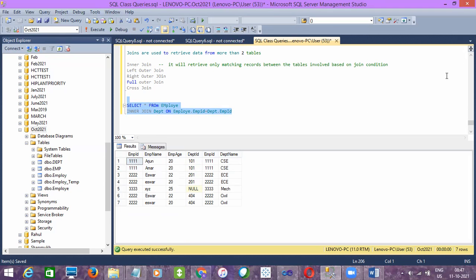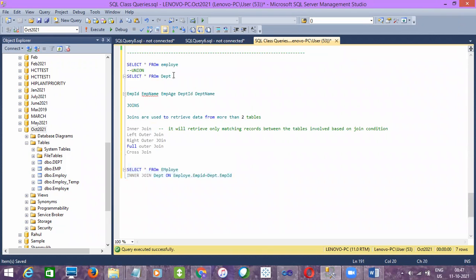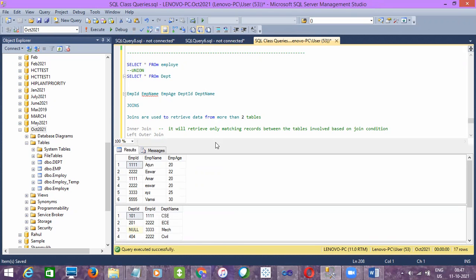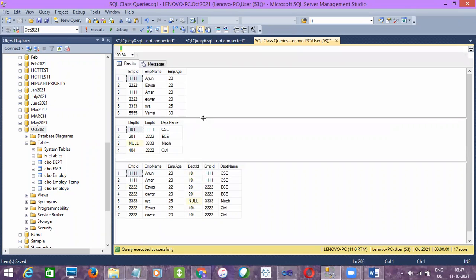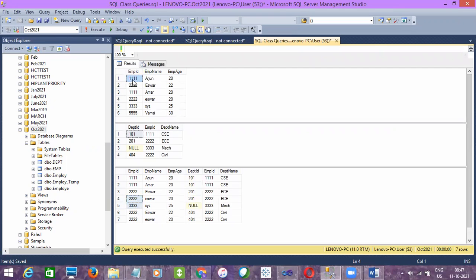All right. So the explanation for this is, I'll tell you how the join will perform. Let me copy these two tables' queries as well here. I'll execute all three results at a time. Yeah. So now, how the join will perform is, each value from one table will join with all the values in the second table. Got it? So we have got 7 rows, right?